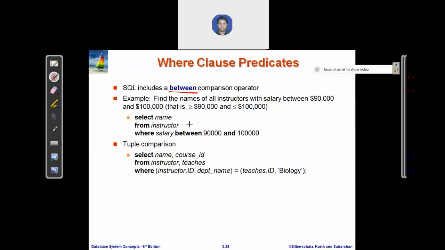So you will write select name from the instructor table where salary between 90,000 and 1 lakh. In this way you can use this between operator.